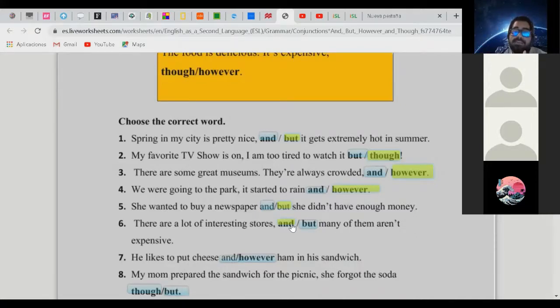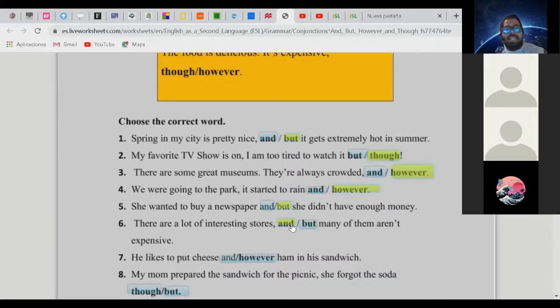Y además de eso, ¿qué? Además de, imagínense que ninguna, o casi la mayoría, no son caras, guys. So that's really good, all right? So in this case, normally, when we contrast, we use negative aspects, guys. That's a good characteristic too.